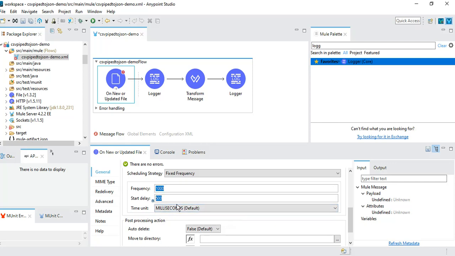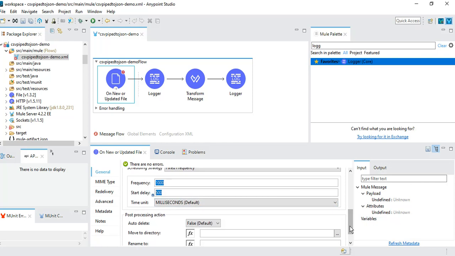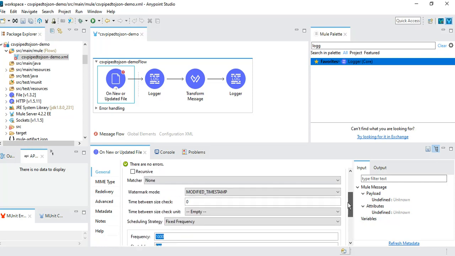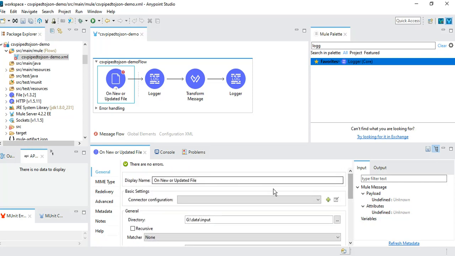Half a second it will wait after the file gets created. That's fine. 500 milliseconds. Rest of the thing is fine. Okay, so this is what I will have.